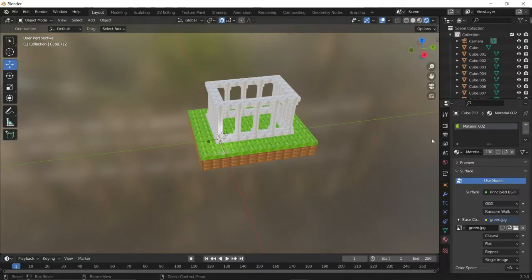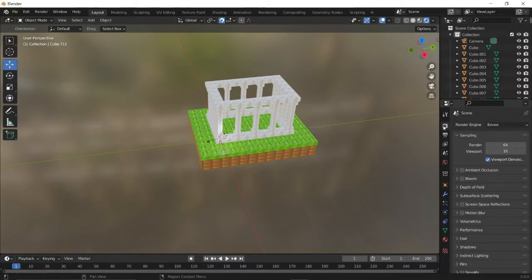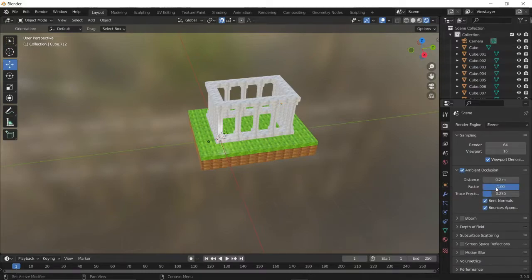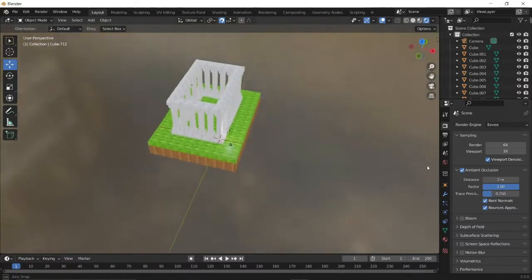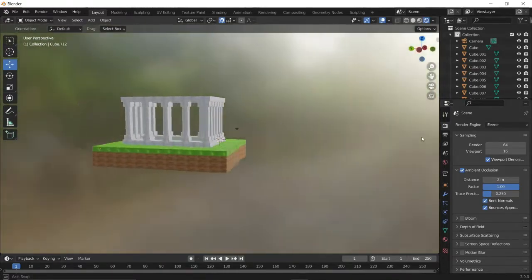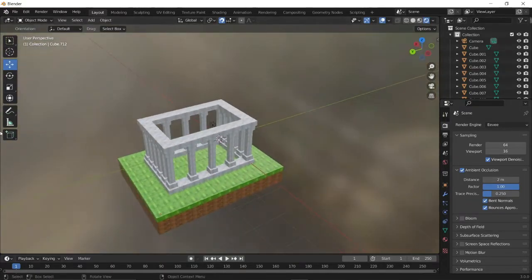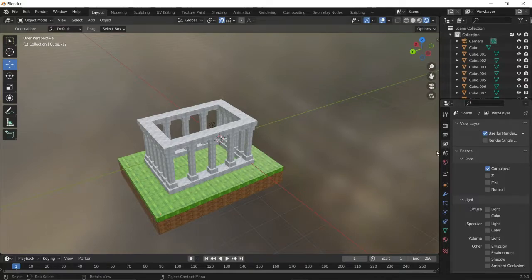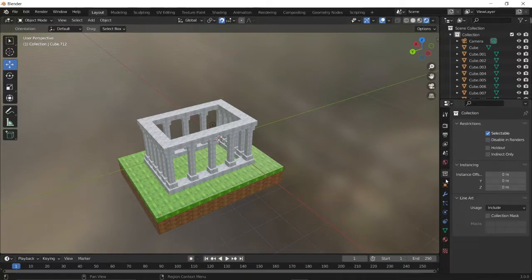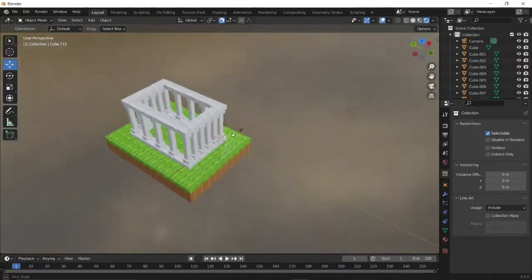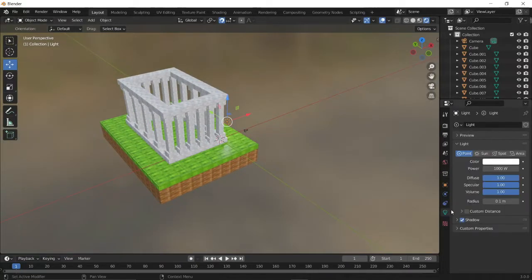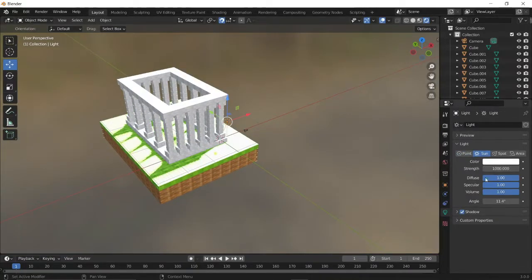I'll add some shadows. This is the scene settings where I'm touching. Ambient occlusion just smoothens everything. It smoothens the texture, nothing else. And the shadows, ambient occlusion. I just need to turn the shadows in the right direction of the sun.